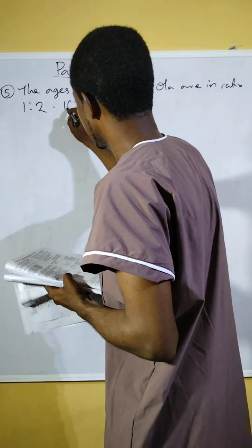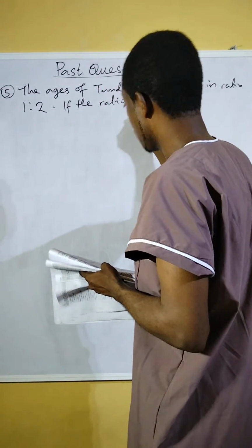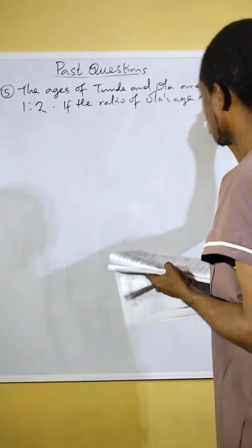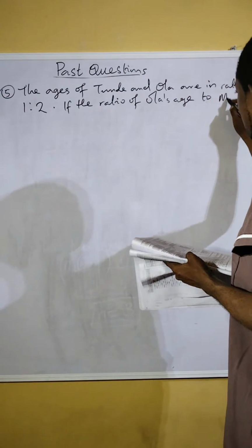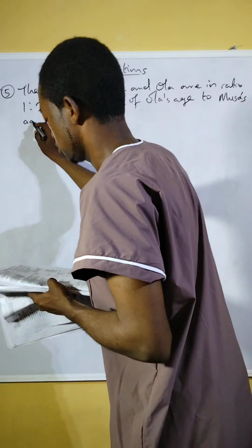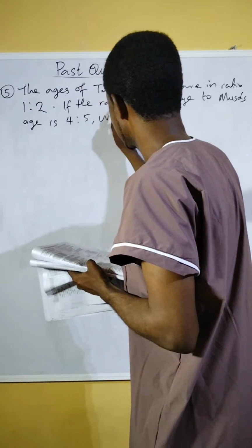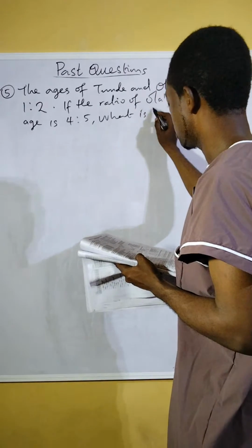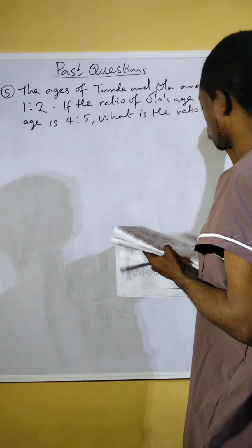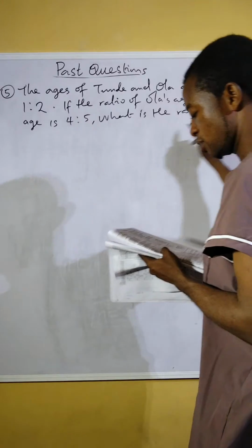If the ratio of Ola's age to Musa's age is 4:5, what is the ratio of Tunde's age